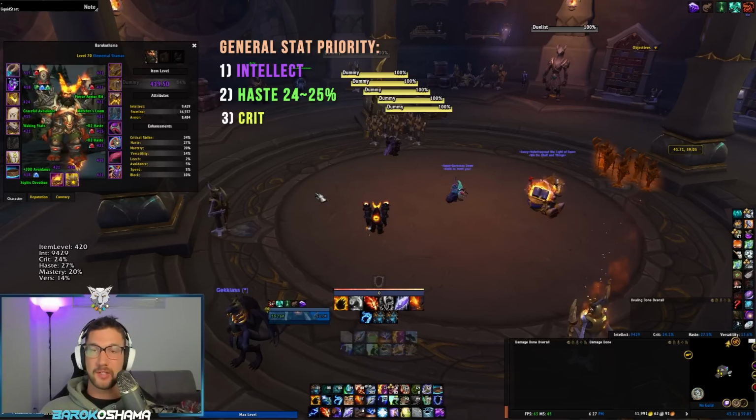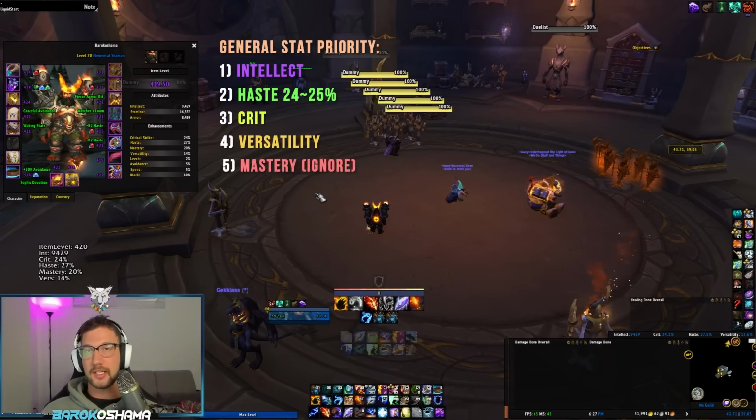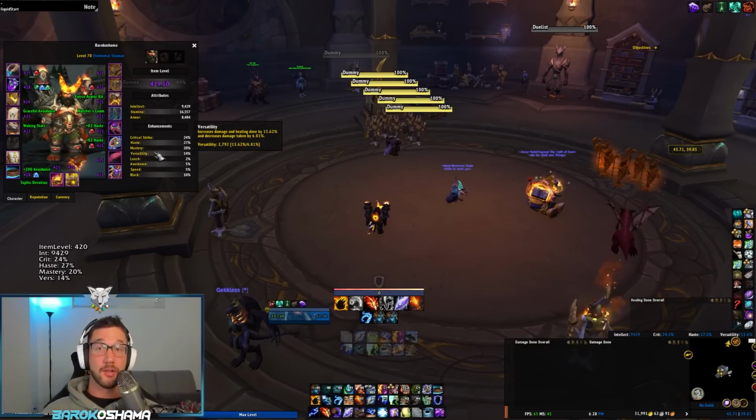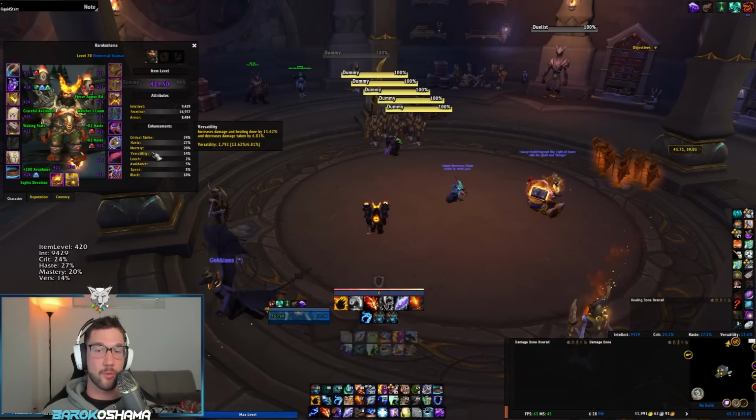Pretty much ignore mastery altogether, but versatility tends to actually get a little better the higher keys you go, mainly because of the added damage reduction that you get from it, alongside double dipping into the damage increase. So versatility tends to be a little bit better once you get to the point of like 24s and above,